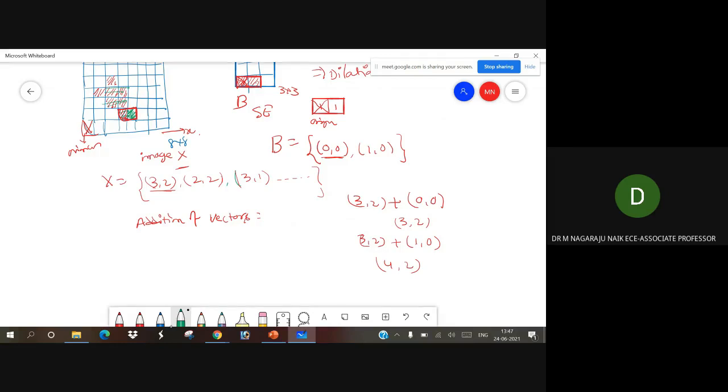Similarly, the same structural element we can apply here. So both are added, then again apply here. Now we can apply there. If both are matching, 1 1, then shift the position. So now this one. What is that one? Addition of these two. Then you will get it here again.